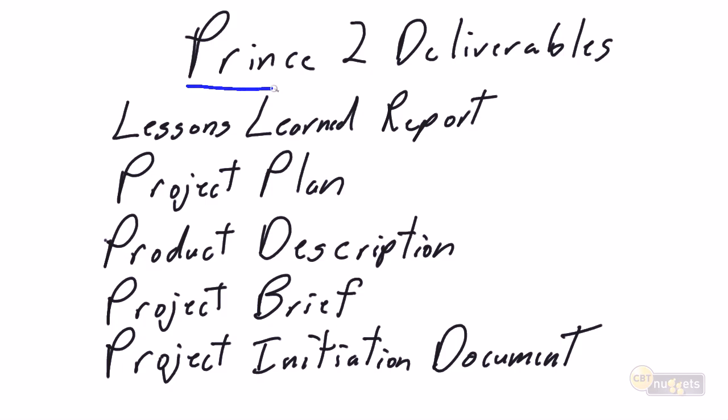This concludes our review of these 5 Prince2 project deliverables, and in this summary I'm going to throw the alphabet out the door and talk about this in pure chronological sequence. The first is the project brief. The project brief is our approval